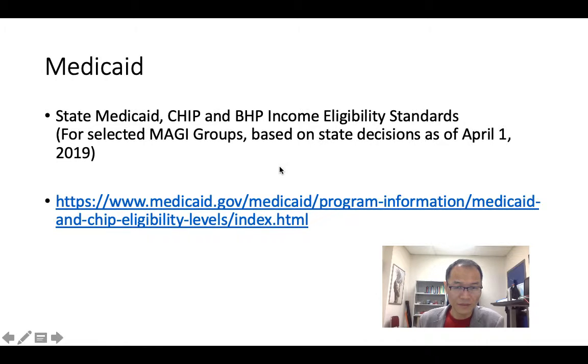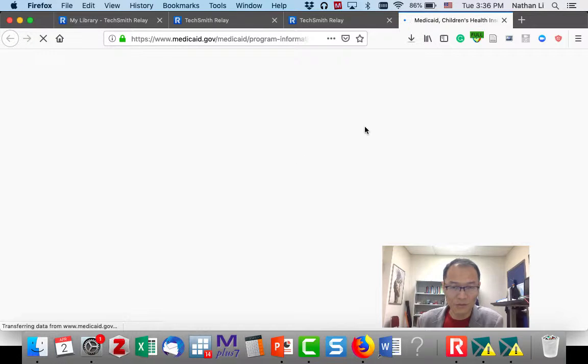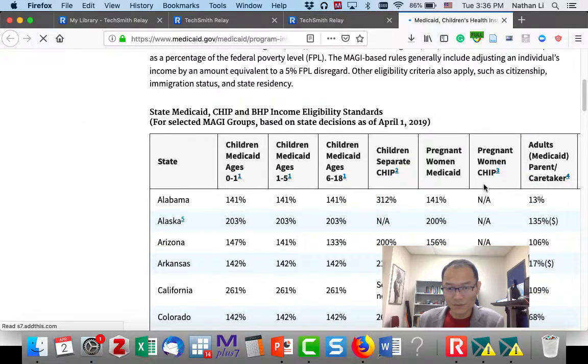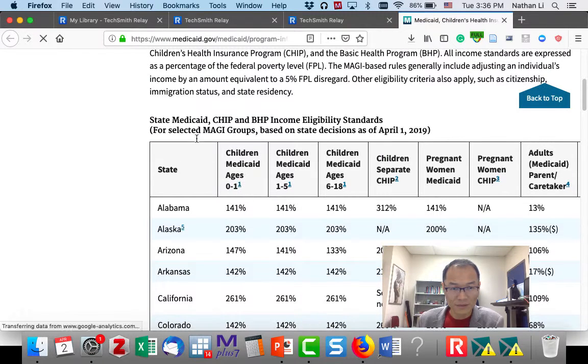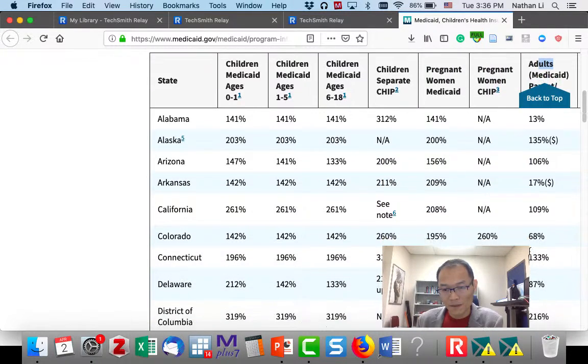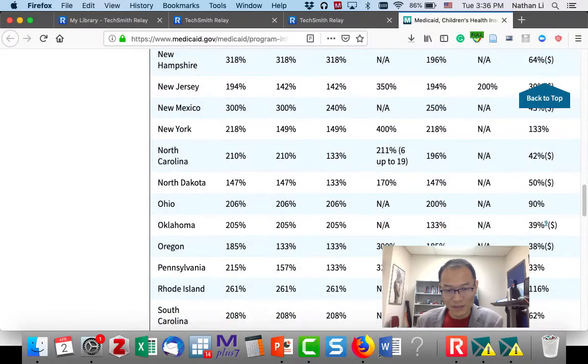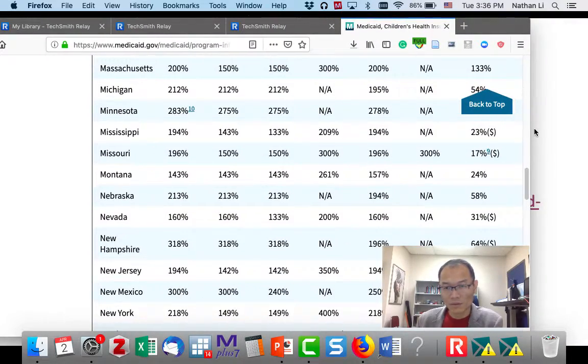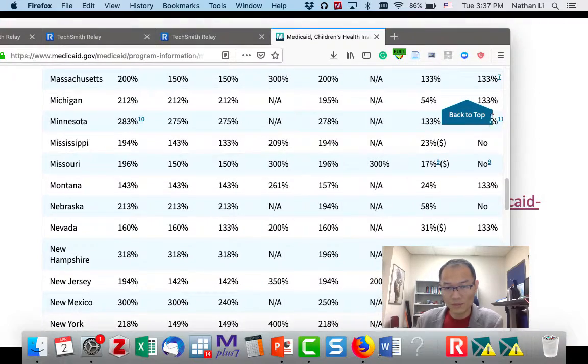Okay, here are the differences across states. I'll just show you real quick. So, like I said, Medicaid basically covers children. Most of the covered population is children, and pregnant women, and then adults. If you look at the last couple columns,